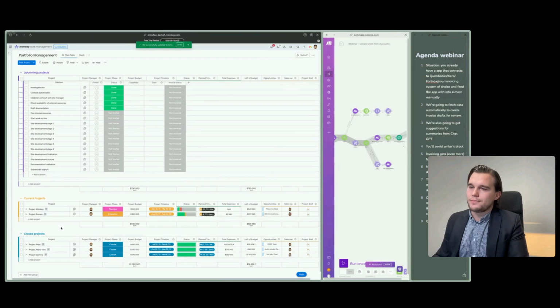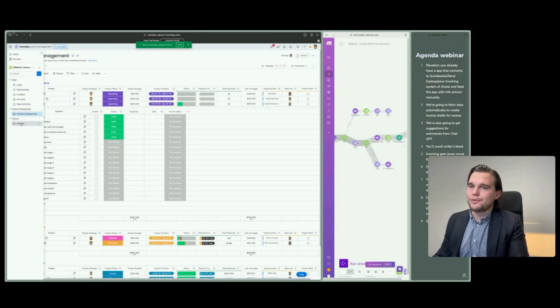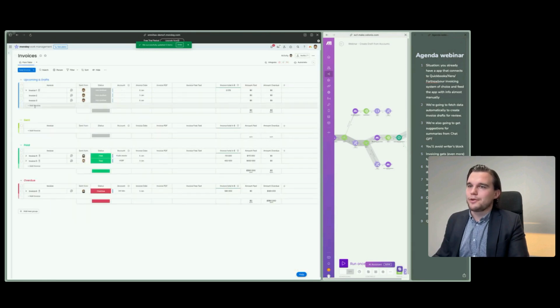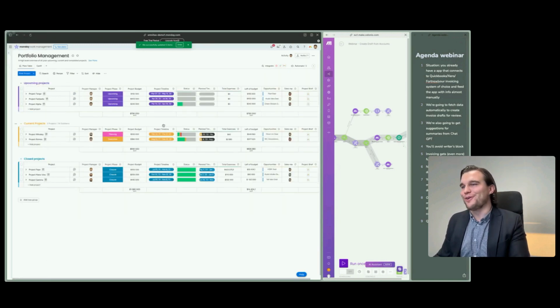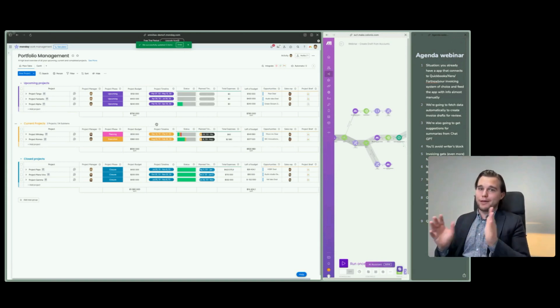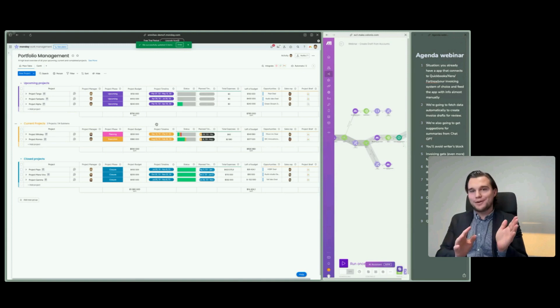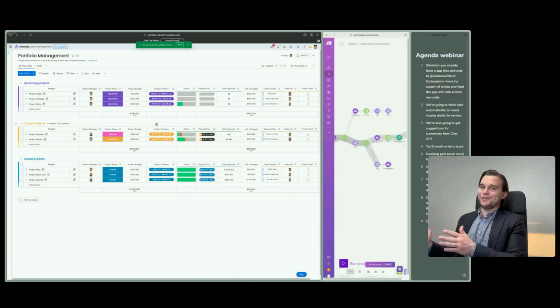And then you go back to the invoice board, and maybe you say, okay, this invoice 1 is for the project. Oh, what was it called again? I forgot what this was. And then you go back to the portfolio system again. Okay, of course you will have this open in 2 different tabs, probably. But still, this is how your eyes work, right? You fetch information from one of the tabs, and then you bring it over to the other one. So basically manually moving information from one board to another,